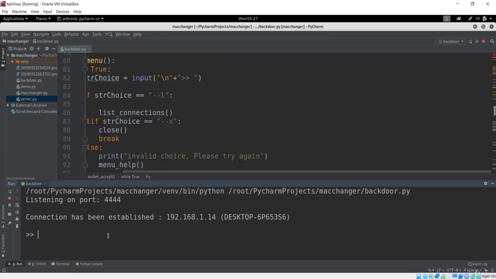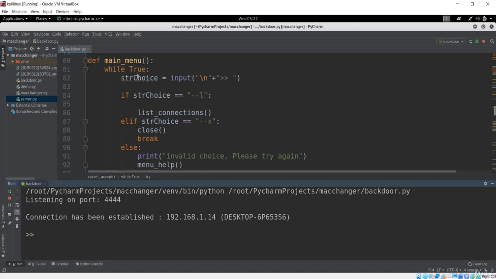So the next thing is we have to run the command. If you see here this double arrow, this was from the main menu that was printed, and it is just getting input from us.